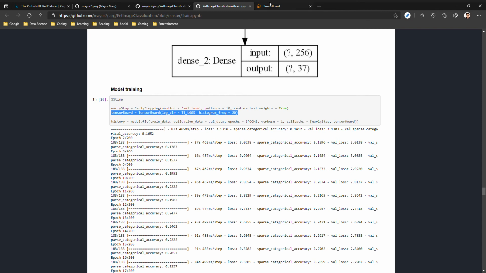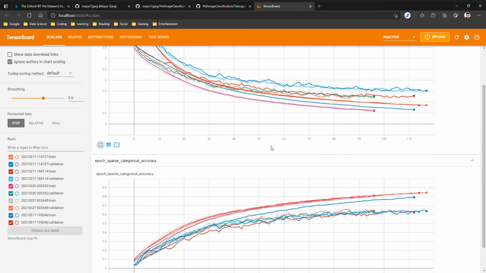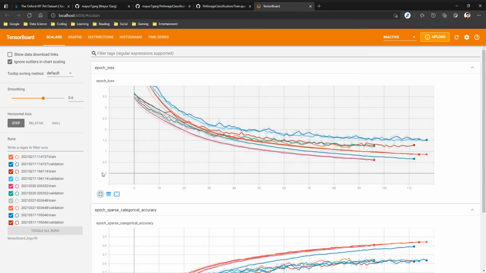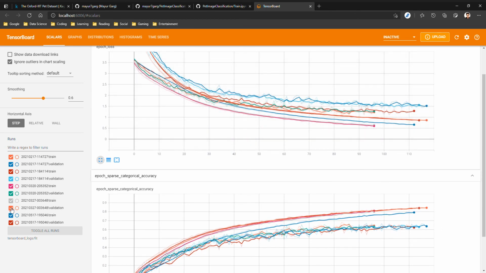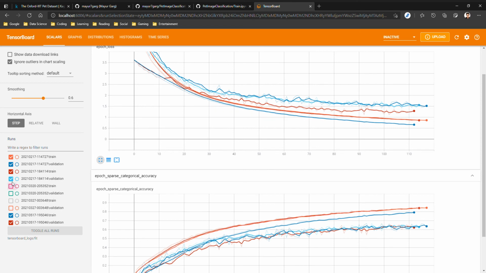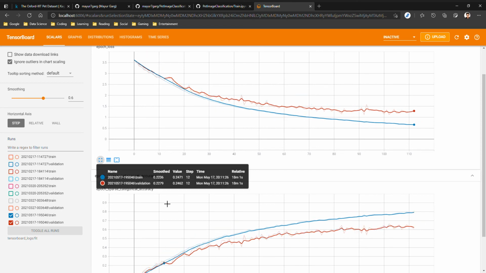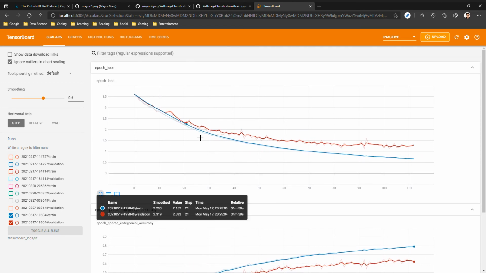To easily track the progress of a model, we have used TensorBoard in this callback, and to use TensorBoard, we can basically look at the TensorBoard API. As we can see, we have done various runs. Let's just focus on the final run of the dataset. As we can see, the model trains for up to 113 epochs before stopping, and the validation accuracy in the beginning is very close to the training accuracy, but slowly diverges off.